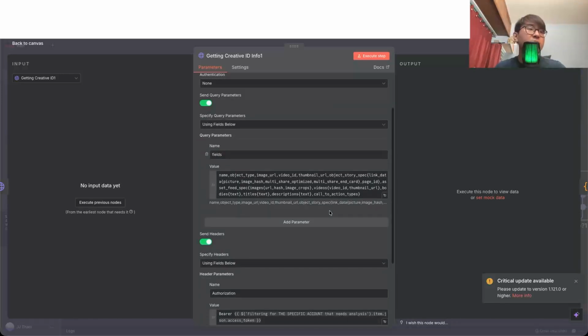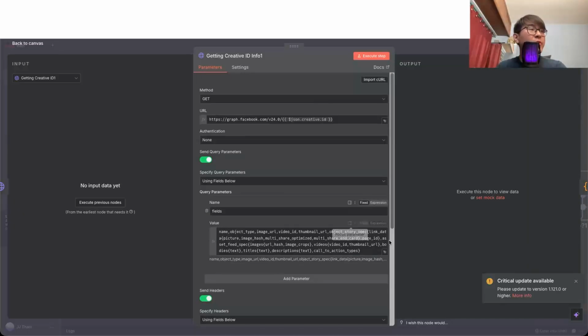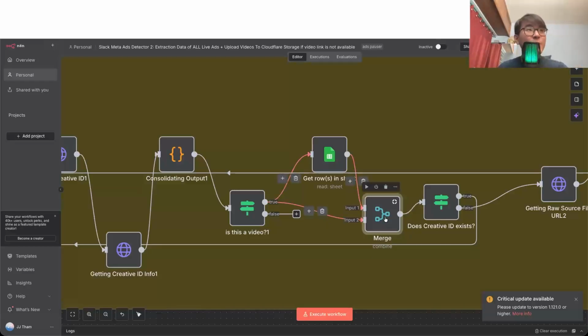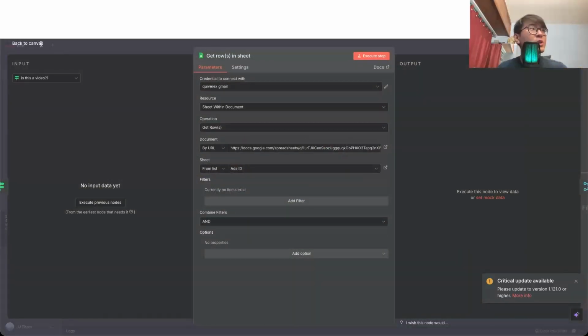For this HTTP request, this is where I use the access token based on the page token that I've extracted earlier that is relevant to JJ Music School. So this is the code that I've used for now. After you run this node, you'll then get the video ID. After you output the video ID, I have an if-then statement to check whether this is a video or not. I then have a next merge node over here, and you can see here that I merge the